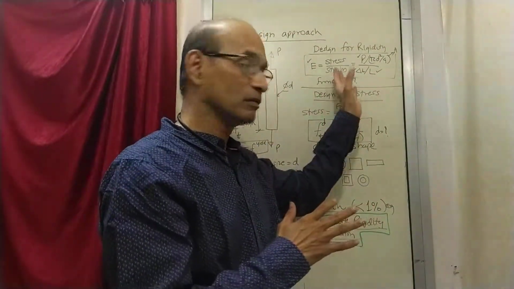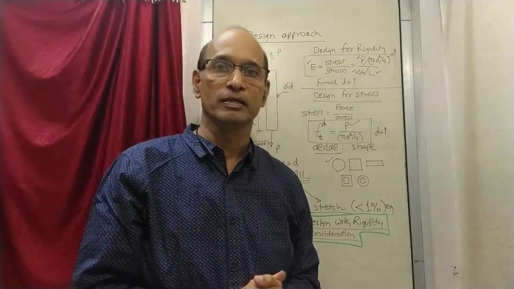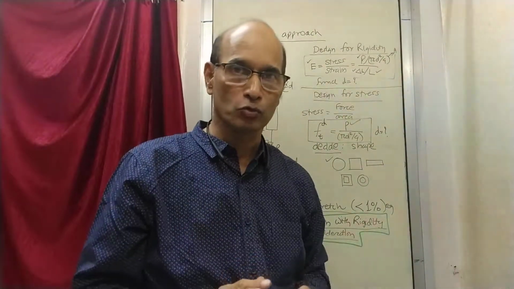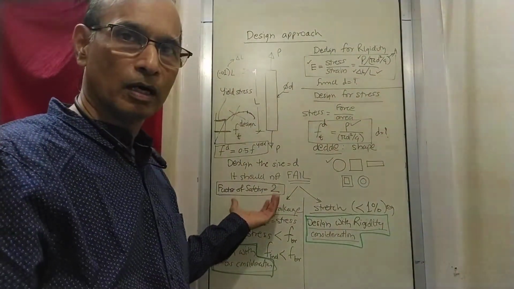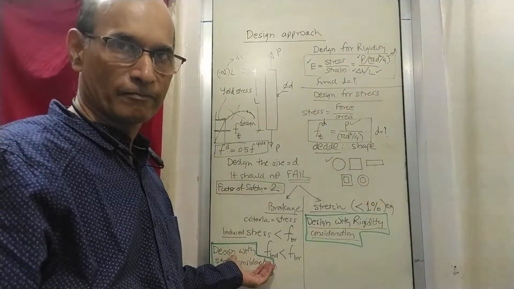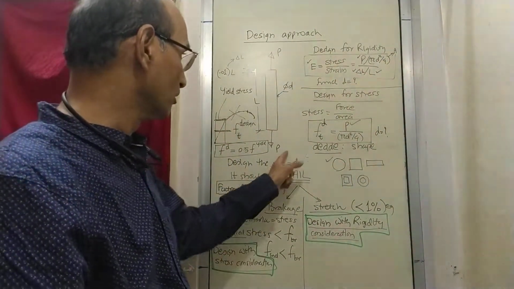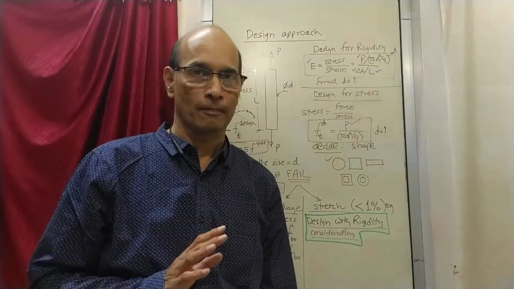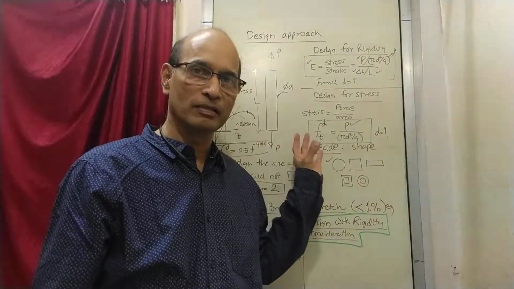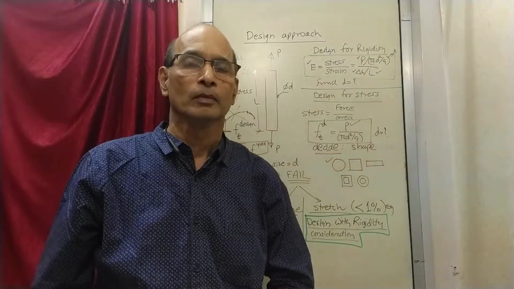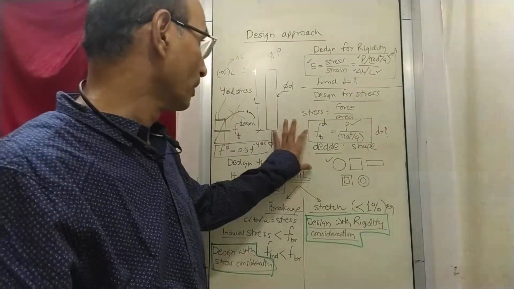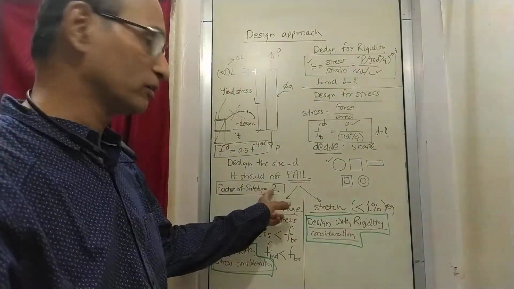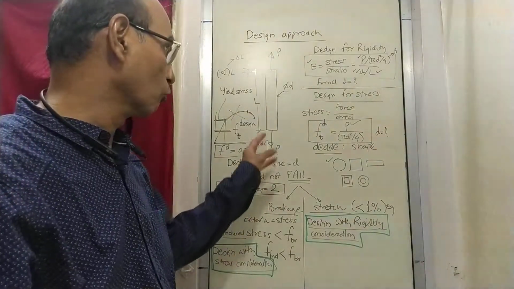But how this is done for all the whole different types of design methods, that is something which is right now not in our scope. So for our scope, we are going to think about the design consideration with stress, and then what is described here. This is something which is supposed to be known to us. Okay, so we have at the moment done this much, and now let's talk something more about what we have discussed here, factor of safety. What is the factor of safety and what does it do?